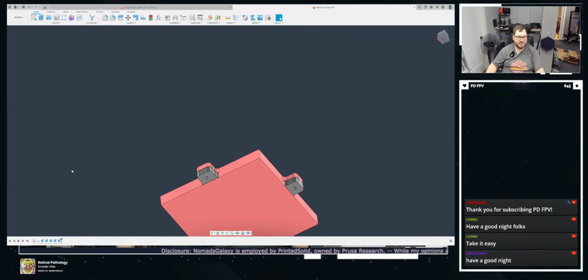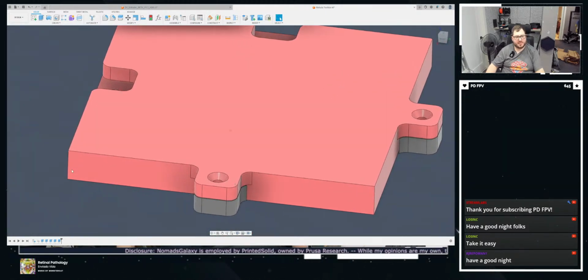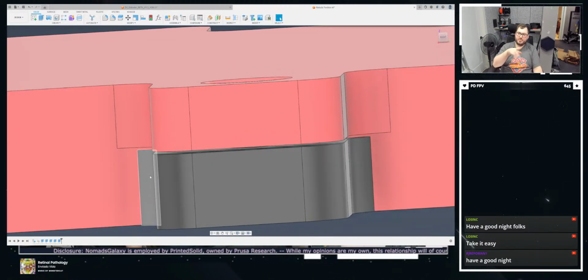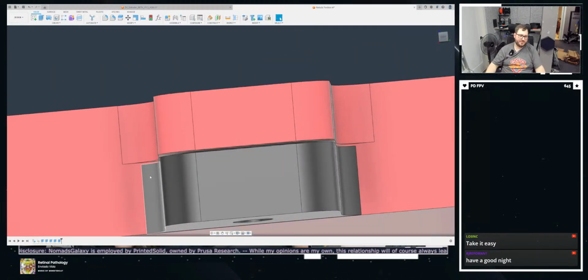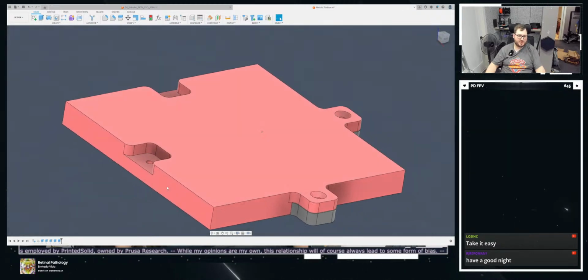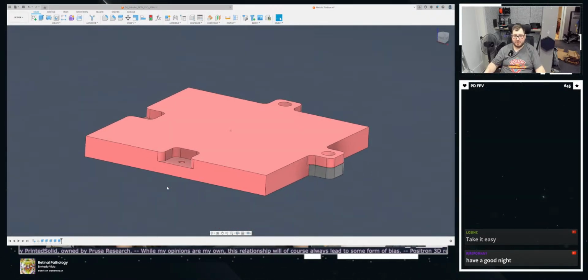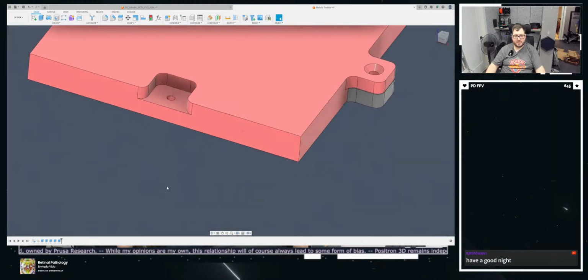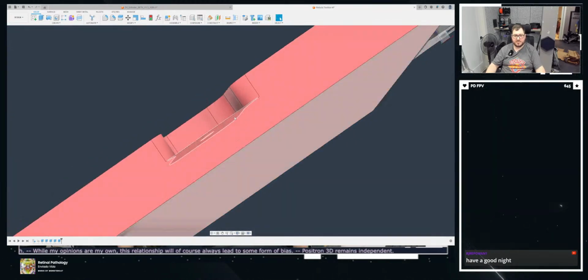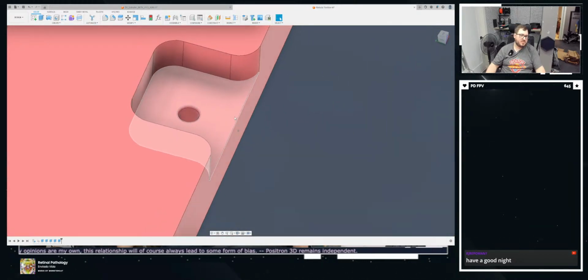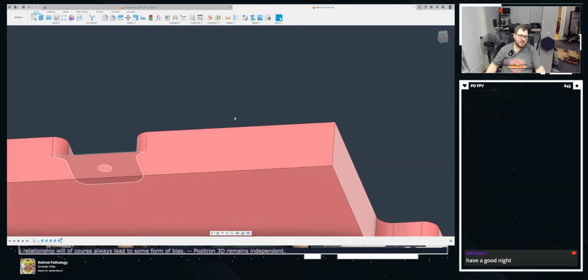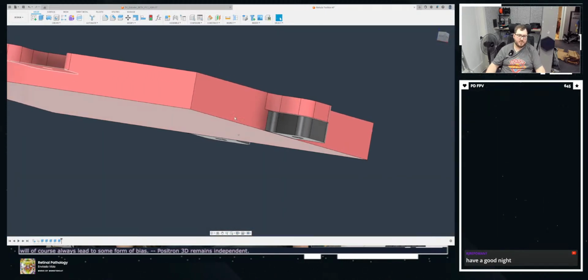Simple as that. Now, when we go to slice this, we just tell it, hey, don't do supports. And that should be just enough room for the model to print relatively smooth right there. That's going to do a far better job than including supports. Then all you do is take tweezers and pop it off. Simple as that. Now, you could do it here as well, which might be easier to print. Might be, actually. Yeah, it could be. I'll try that later. But we're doing it here for now.